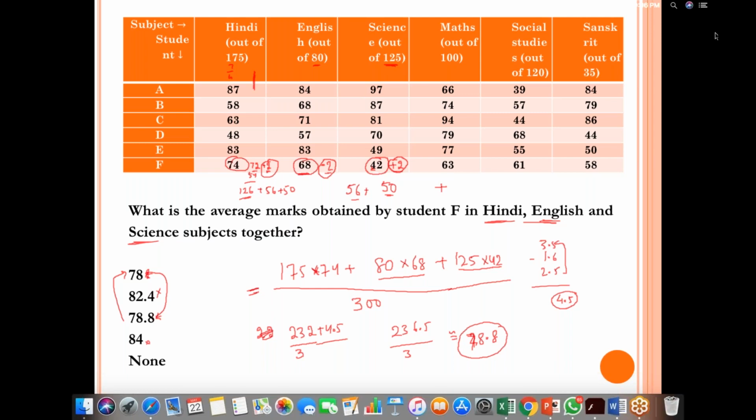See, if you want to calculate it by weighted average, that can also be done, right? I can try it out with weighted average, and that might help you, but again, you have to do lots of calculation to reach that level.